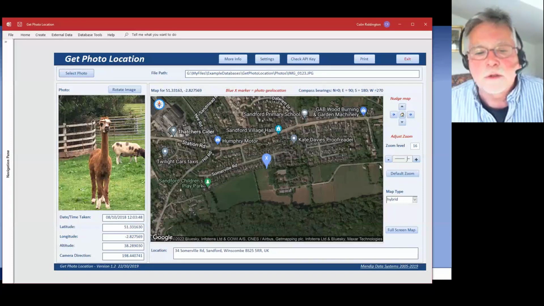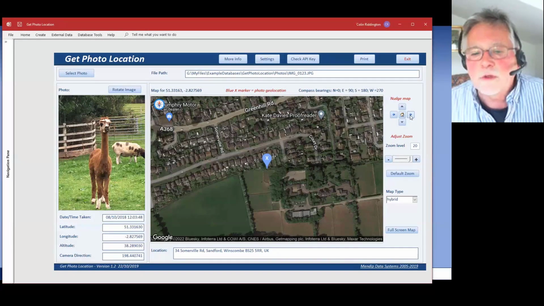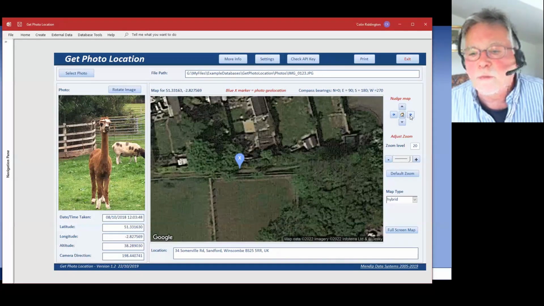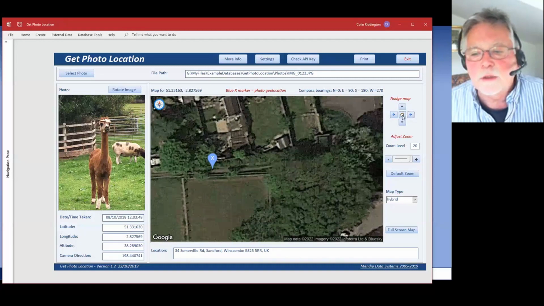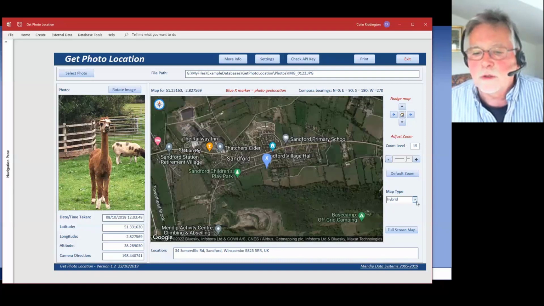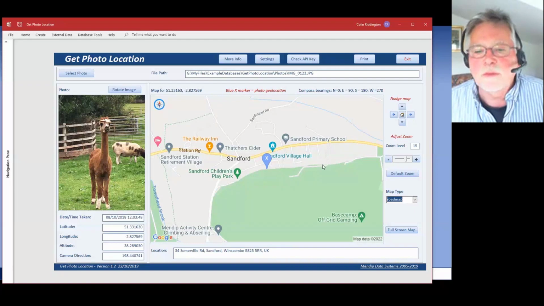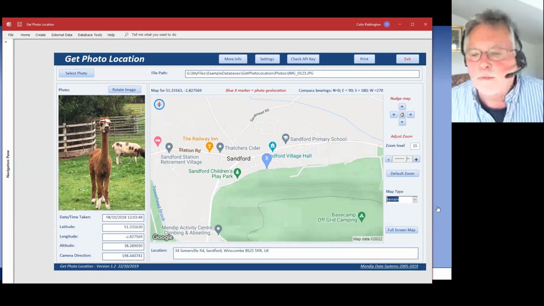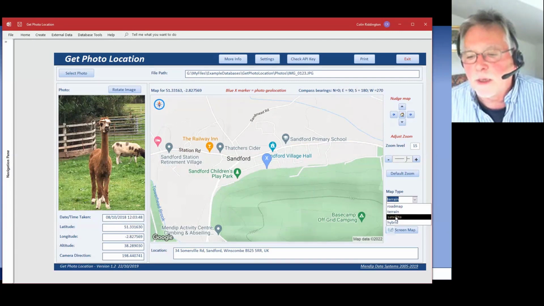I can do things like zoom the map, and when I do that, it's getting larger now, getting larger still. I can shift it slightly to one side. I'll bring it back to the center there. I can bring the level down again, and so on. And I can also, this is a hybrid map, I can change that to road map. You can see what I mean about the roads don't really show up very clearly because they're white on a fairly pale background. Terrain map, not particularly interesting here because it's largely flat, but a little bit of hill there,